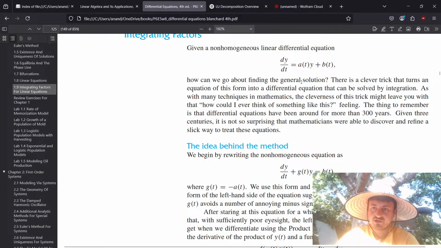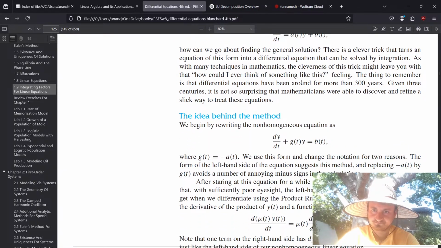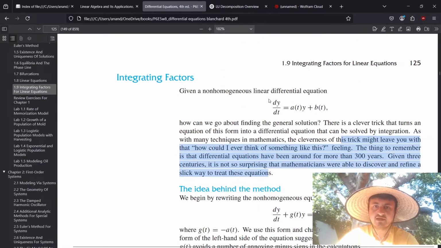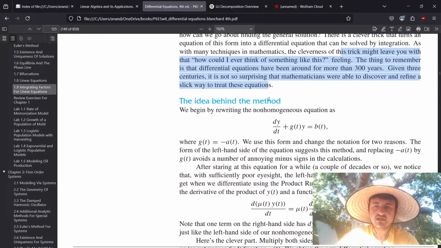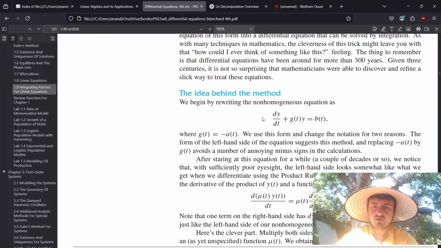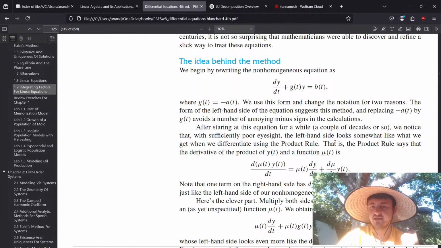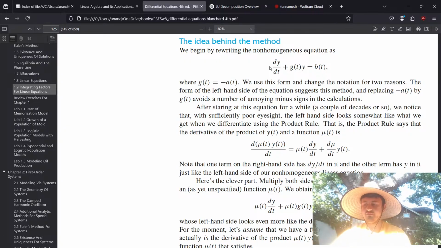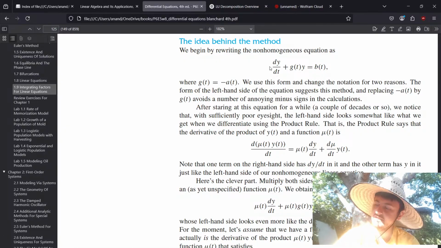So how can we go about finding the general solution? There's a crazy trick, and it's like, how the heck would you come up with this? The first thing we do is we take this and we invert a by multiplying it by -1. So we just move it to the other side, but make it a plus. Their whole thing is like, if you squint at it, if you take some stuff out and leave some stuff in. I'm gonna write all this down because we went over this yesterday, and it's still kind of wild to me. So if you have y prime plus g of t y equal to b of t,